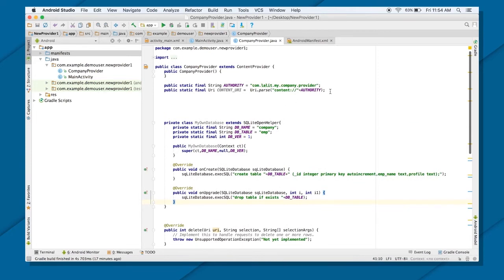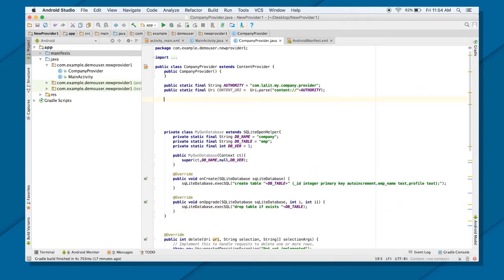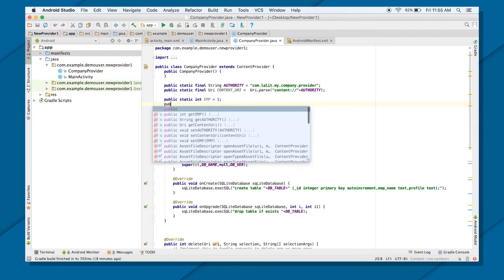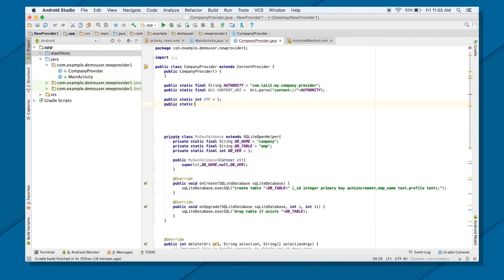Now, before we do that, I do want to create a URI matcher class. Well, before I create the matcher class, let me just create this static public static int emp1, public static int emp id 2.